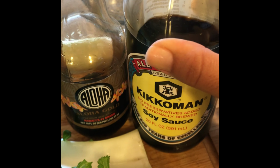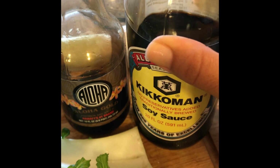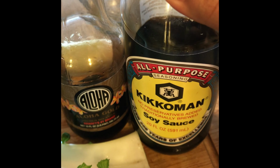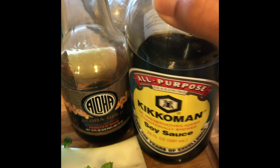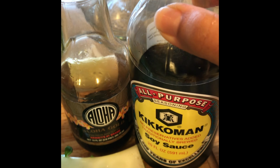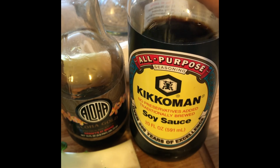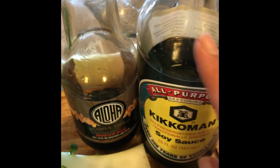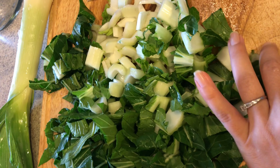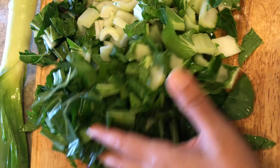I'm going to start out by adding just maybe a tablespoon or two. Again, I'll write the ingredients that I do use for you. But right now I'm just going to do this to taste and let you know how much I used. But just something to keep in mind that the soy sauces are different, especially when you're going from the shoyu to the Kikkoman. I have the bok choy all chopped up,